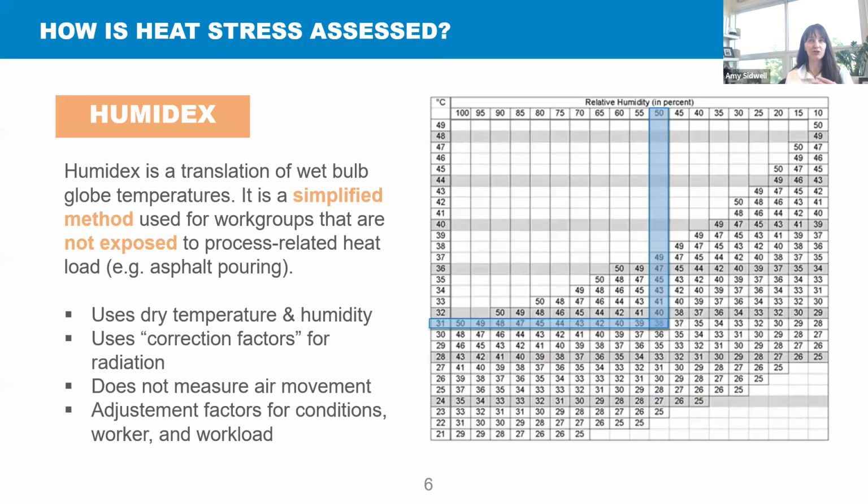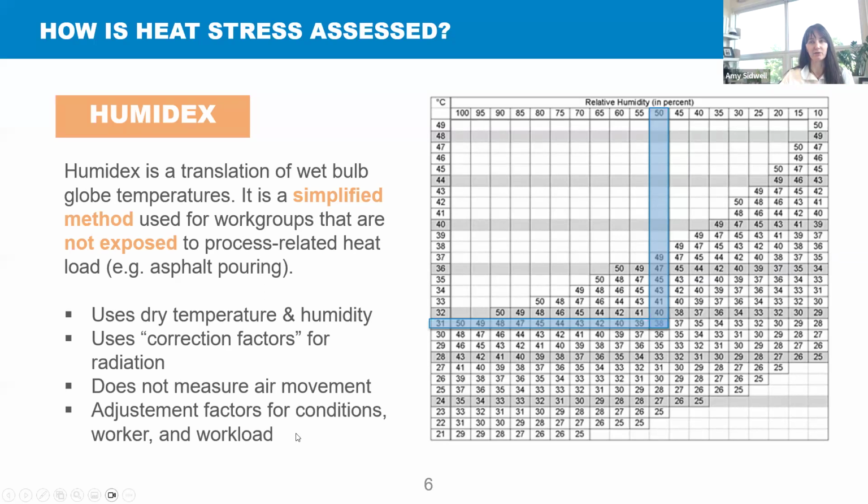Our provincial regulations give two ways that we can measure heat stress. The first is the Humidex method. It's a simplified method. On site where the crews are working, they would measure the air temperature, which in this example is 31 degrees, and the relative humidity of the location. And then they'll come up with a Humidex value, which in this case would be 38 in the example I'm showing here. Every hour on site, you have to take those two measurements and come up with this Humidex value. And then it applies a correction factor